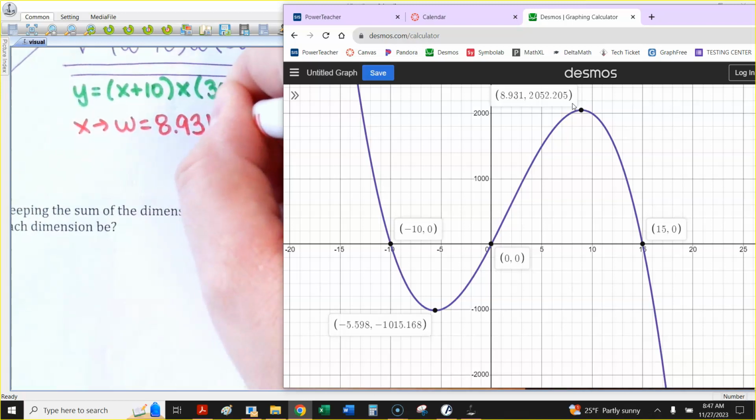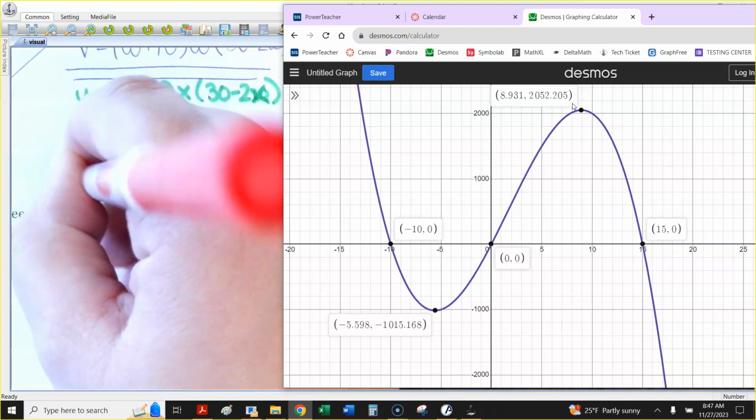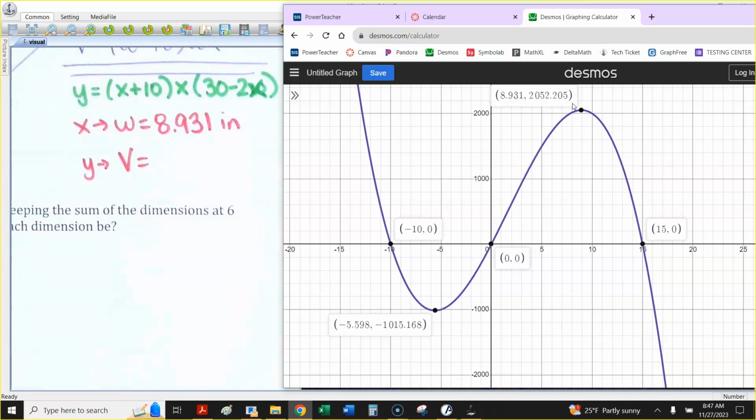So I'm just going to go ahead and write all the decimal places that Desmos gives me there. So the width is like the x-coordinate of that point, right? And then the actual volume is just the y-coordinate of the point. So y in our equation, but volume for what we're talking about is going to be that